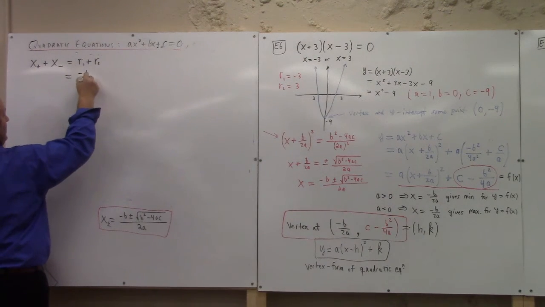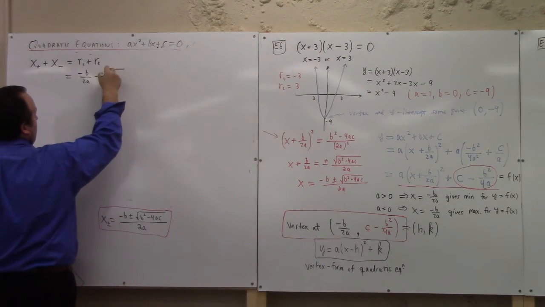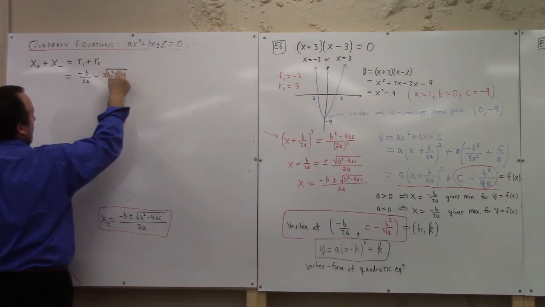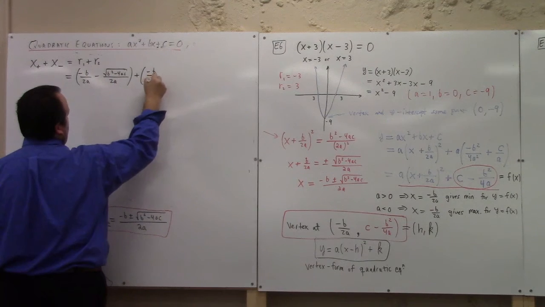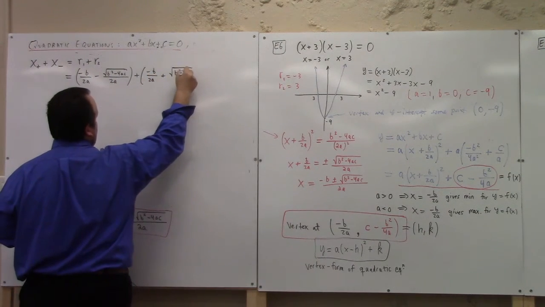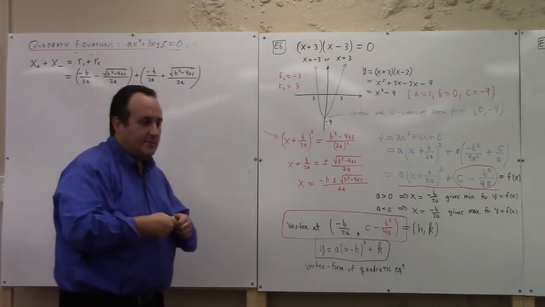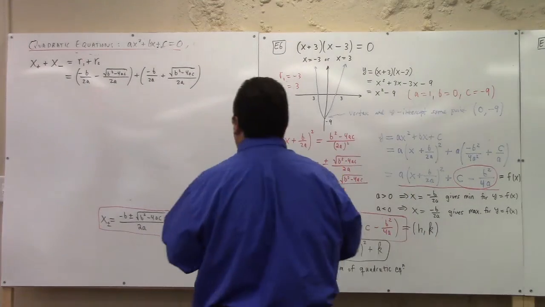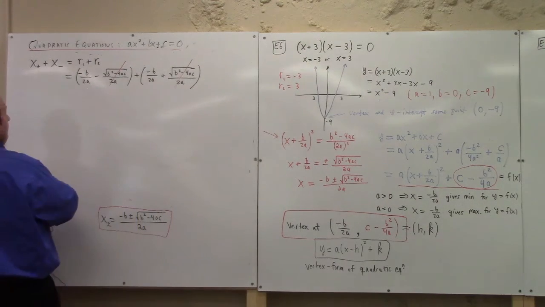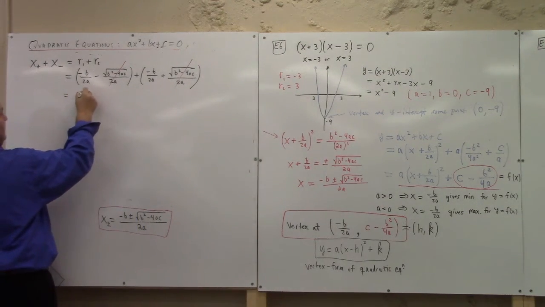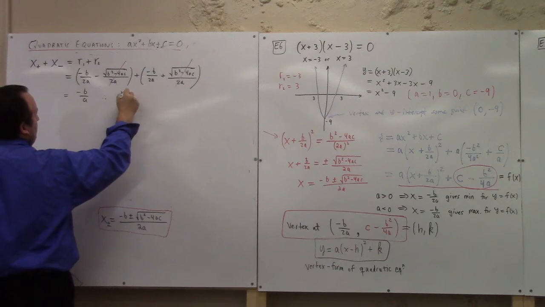What do we got? We got minus b over 2a, let's say minus the square root of b squared minus 4ac over 2a, right? That's R1. And what's R2? Well, minus b over 2a plus the square root of b squared minus 4ac over 2a. So what happens? The terms that have the square root of b squared minus 4ac, they're what? They cancel. And we're just left with minus b over a, right? So therefore, R1 plus